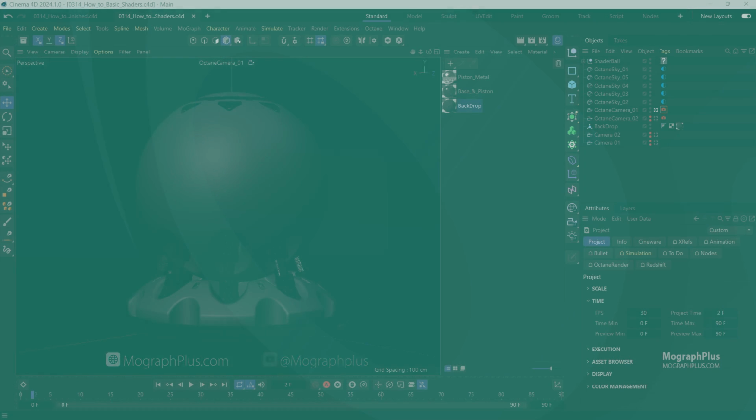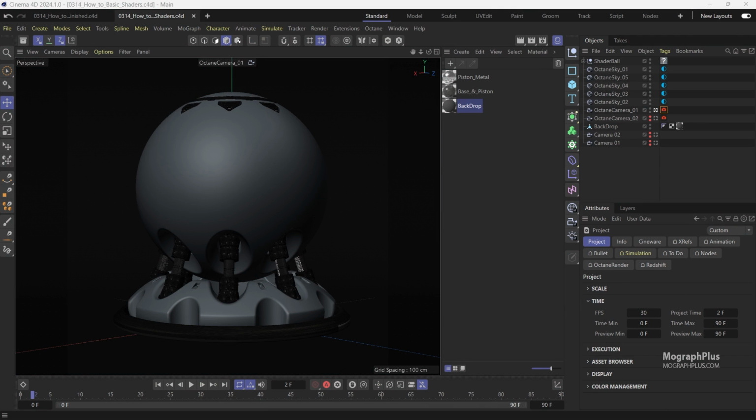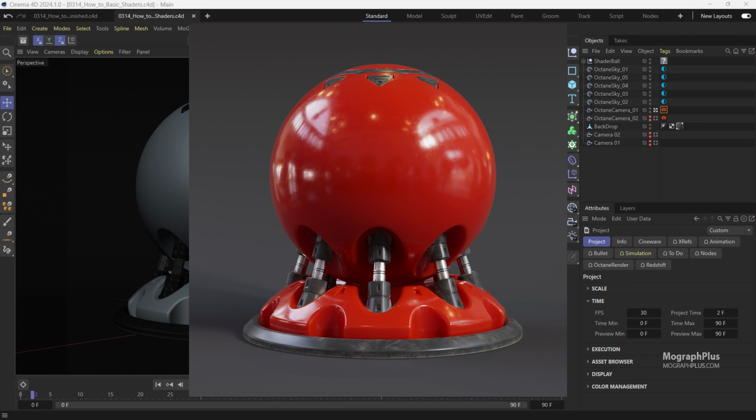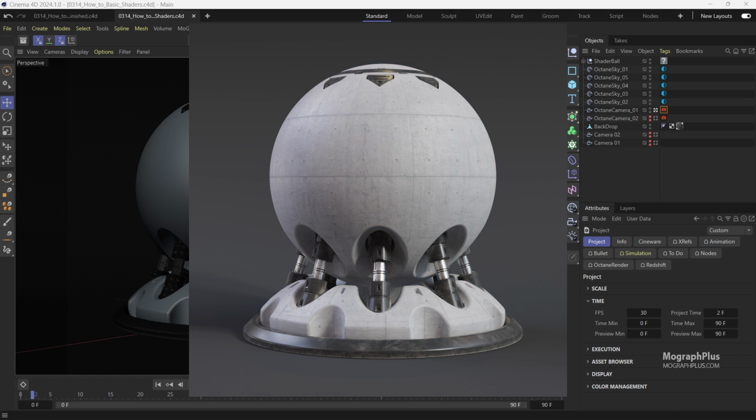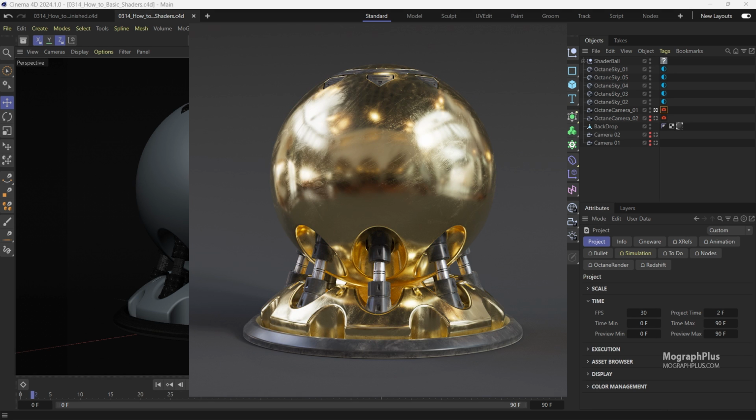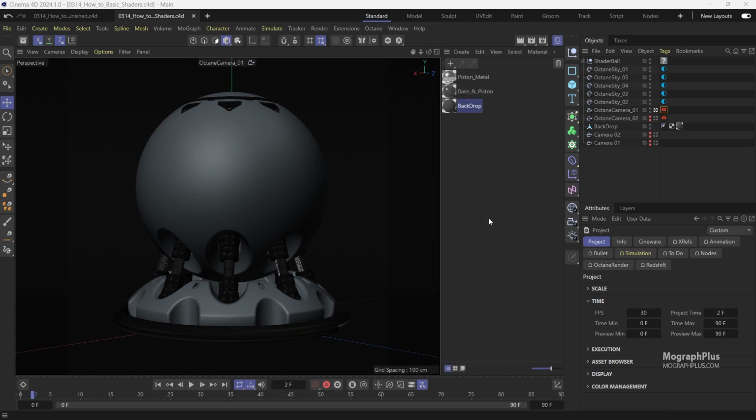Okay, in this video, we'll learn how to approach creating some of the fundamental shaders and materials, including plastic, parquet or wood generally, concrete, and metal using the Octane standard surface shader, implementing what we have learned from the previous